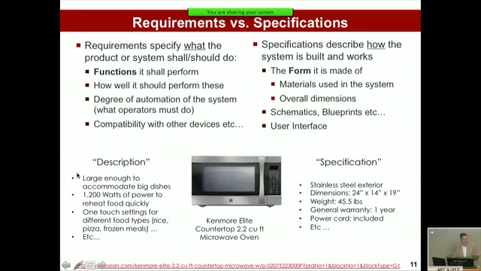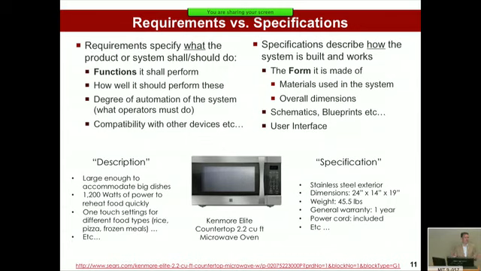So what's listed under description, and I'm pretty much quoting this verbatim: this microwave is large enough to accommodate big dishes. So the idea is this is family style. This is not a small microwave just for frozen meals. You should be able to put a big casserole in it and reheat meals and so forth. So the idea is, what are the things you're going to use in the microwave? What's the use case?